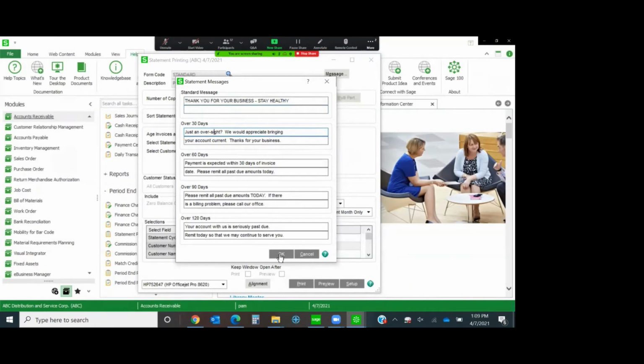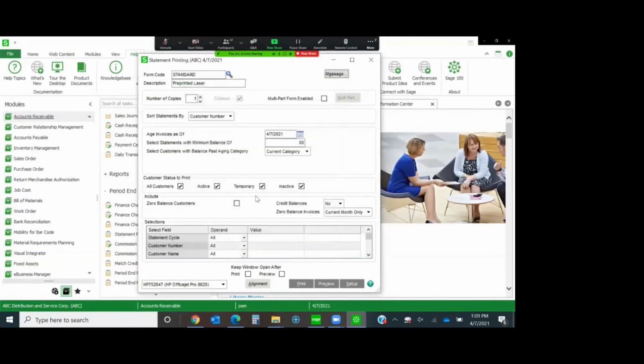And then at this point, any customer that gets a statement and that done message box is checked, then this is what's also going to print on their statement. And you can say that you want to age invoices as of a certain date. You can select statements with a minimum balance. So let's say that you only want to send a statement out if a client has more than a $100